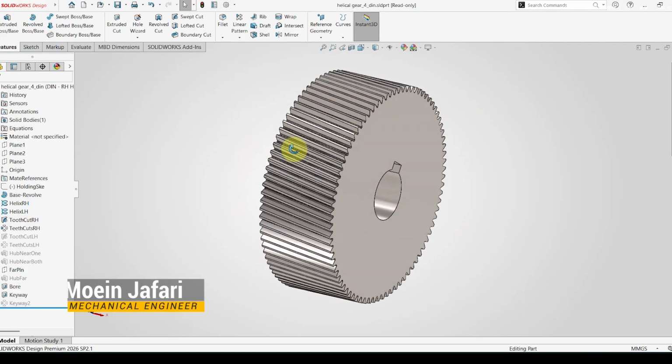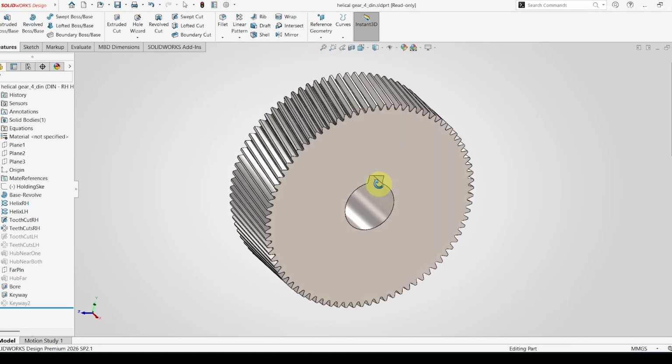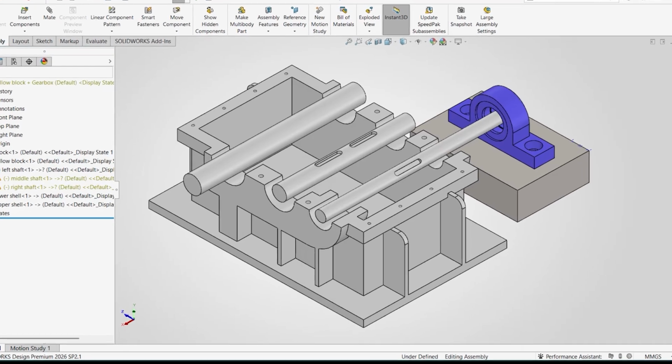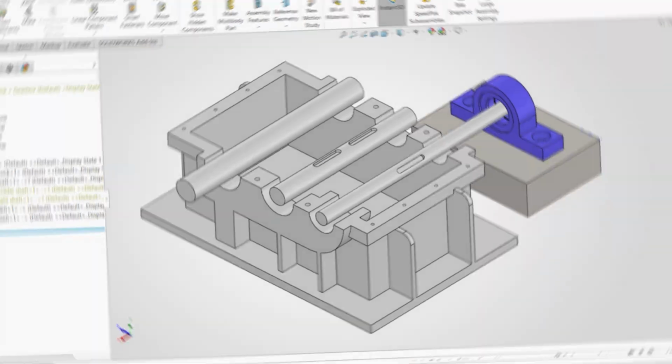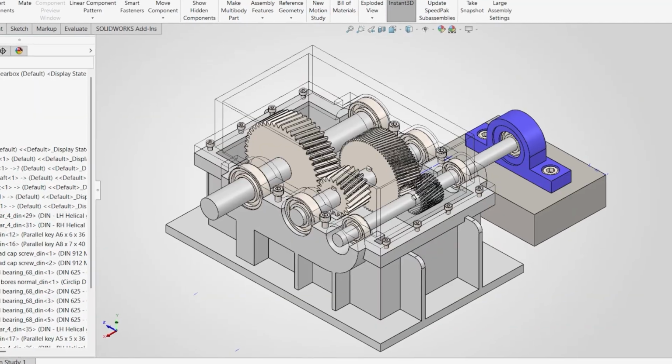In real engineering assemblies, components like bolts, washers, nuts, and bearings are used everywhere. Modeling these standard parts manually is not only inefficient but also unnecessary. This is exactly where Toolbox in SolidWorks becomes extremely powerful. In this session, we'll work on a realistic mechanical assembly and transform it from this to this entirely using Toolbox